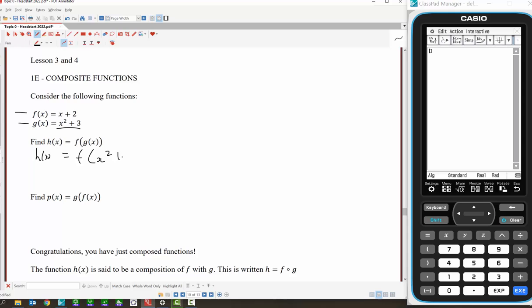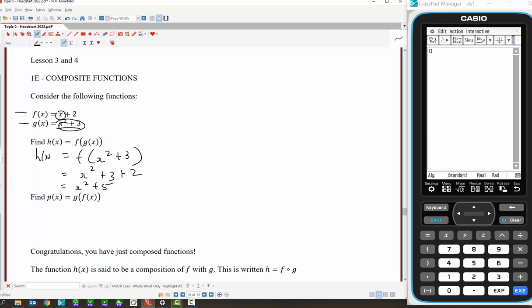So it's f of x squared plus 3, which, remember, all that means is every time you see an x in the function, replace it with this thing here. So all we do is we write x squared plus 3. That's writing this thing here where we see an x. And then you just rewrite the rest of the function. So that's x squared plus 5. So h of x is a composite function because it's composed of this inside function, g of x, and